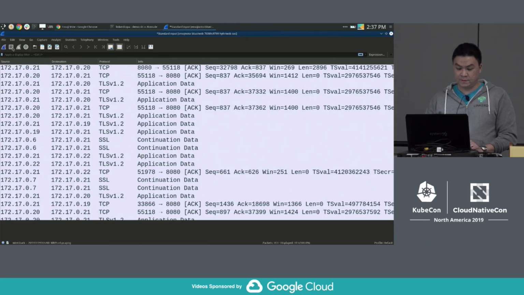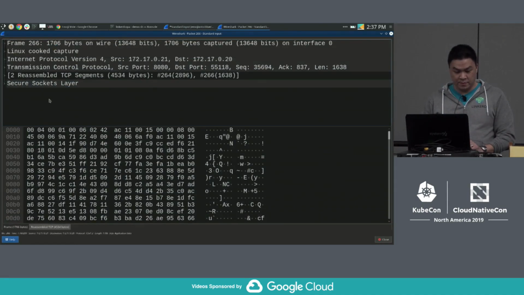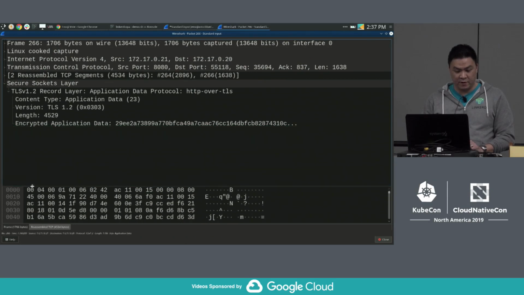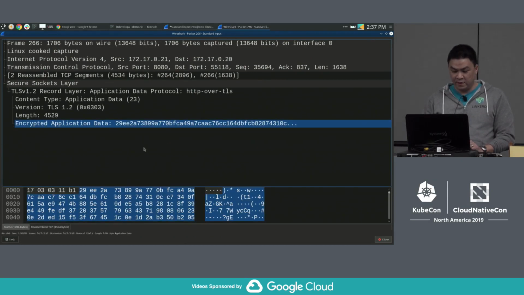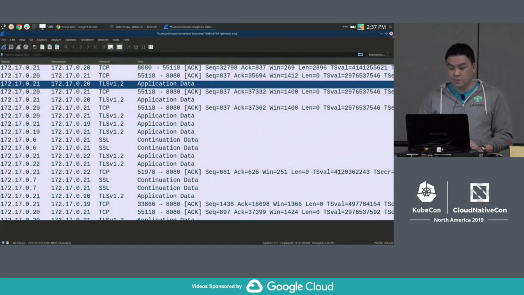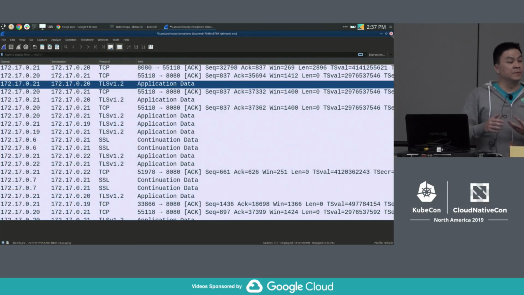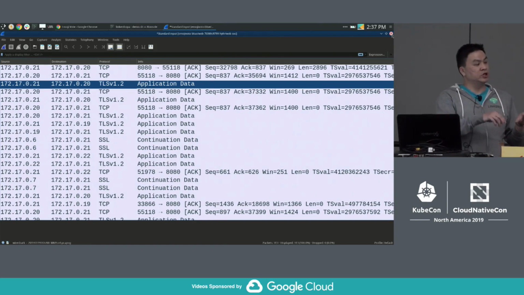Going to pause a little bit. So right away you can see all the application data. It is now encrypted, so you can no longer see my favorite emoji. And all this happened with just me typing the Linkerd inject command